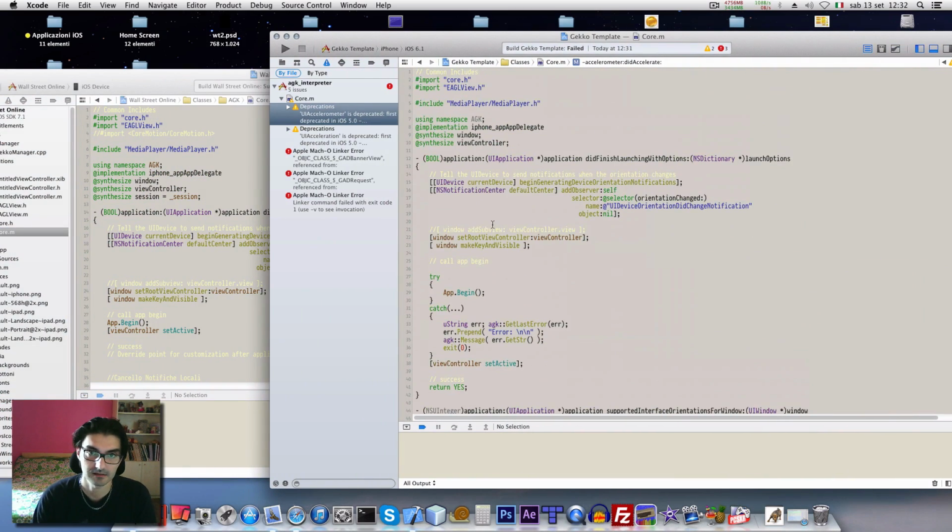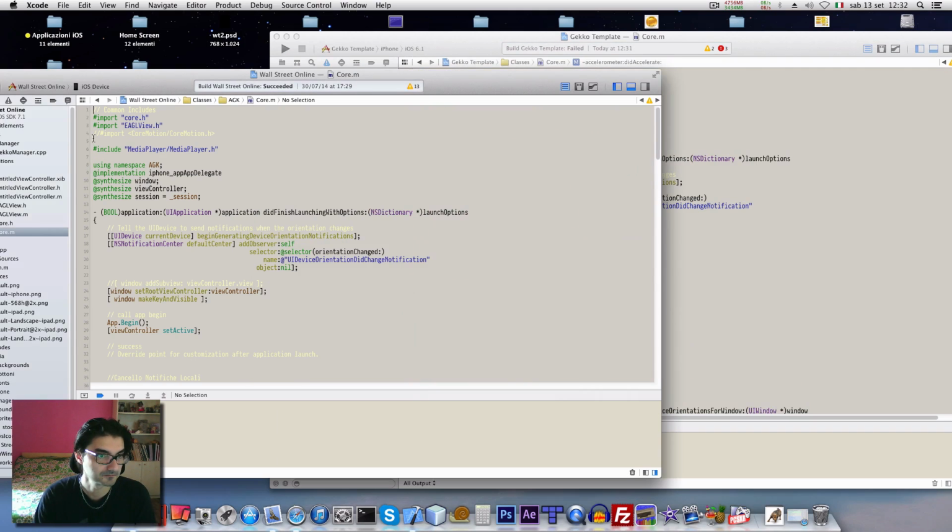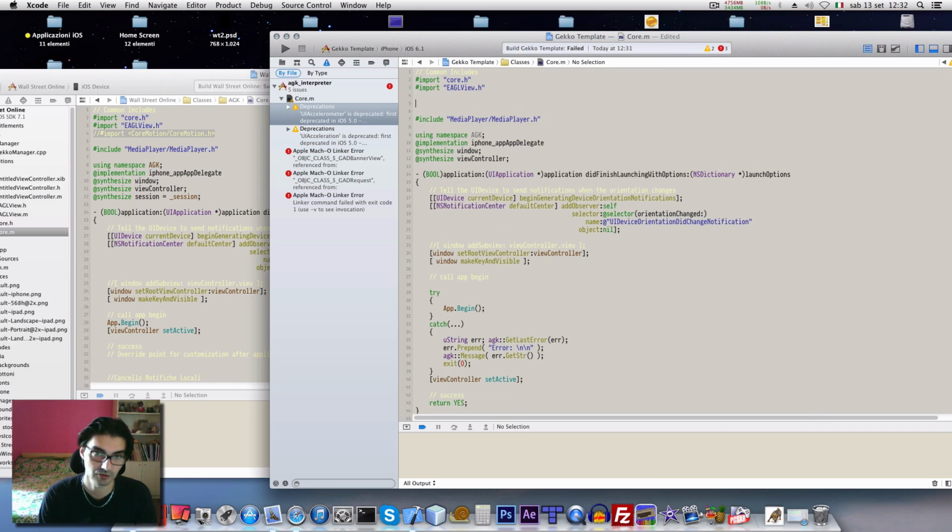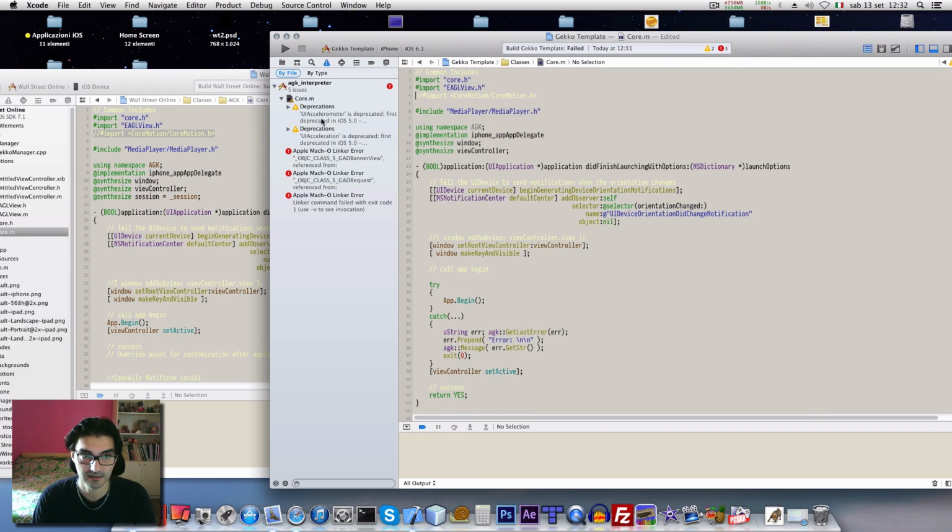Let's start from the beginning. Core.m, media player, core motion. I suggest to start to include core motion because the one from AGK is deprecated. Accelerometer is deprecated. Okay, namespace AGK, iPhone app delegate, view controller, and